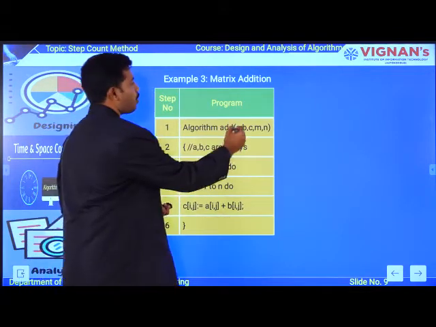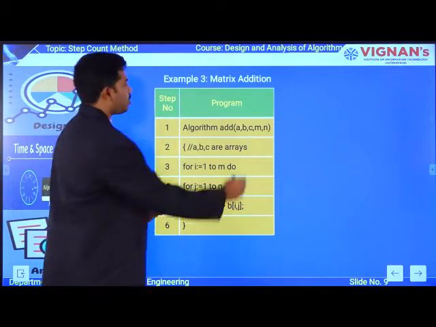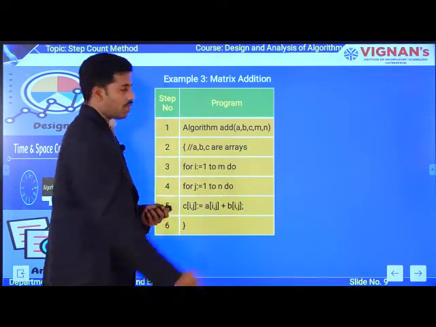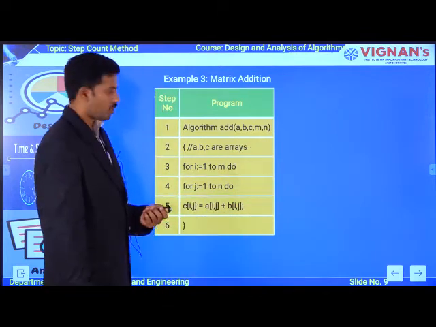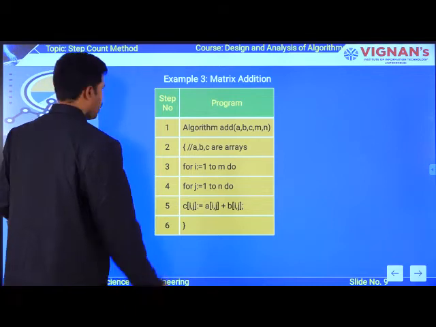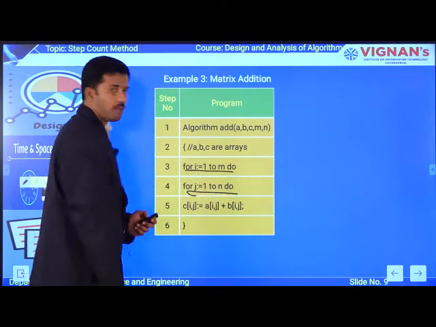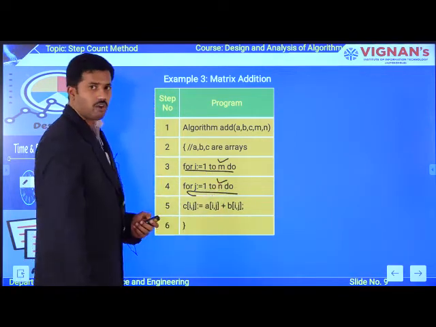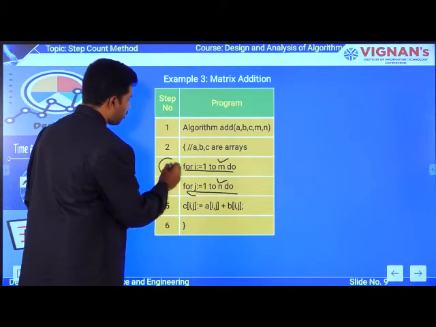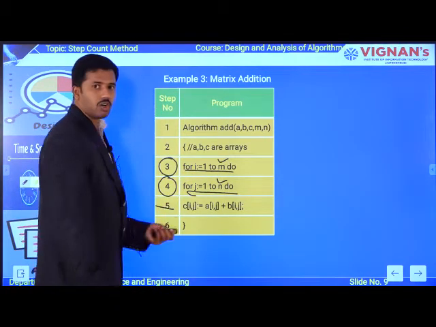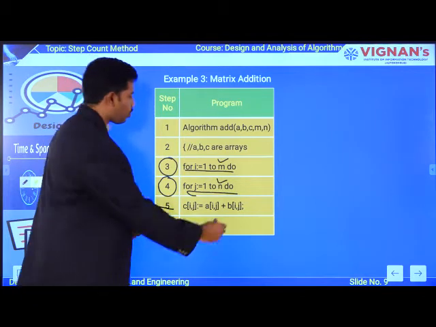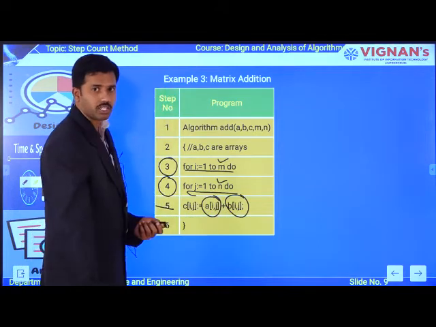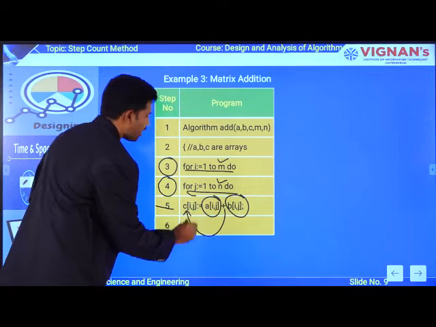So this algorithm is having 5 parameters as an input. Okay. So A, B will act as an input and C will act as output, and m defines number of rows and n defines number of columns. Okay. So likewise I am going to be taking 2 for loops to trace the number of rows as well as columns. So rows are available with m, columns are available with n. So after tracing at step number 3 as well as 4, at step number 5 you are going to have a simple arithmetic addition operation to get the sum of all the values which are available in the input array A as well as B. So after performing addition, I am going to be updating to C.